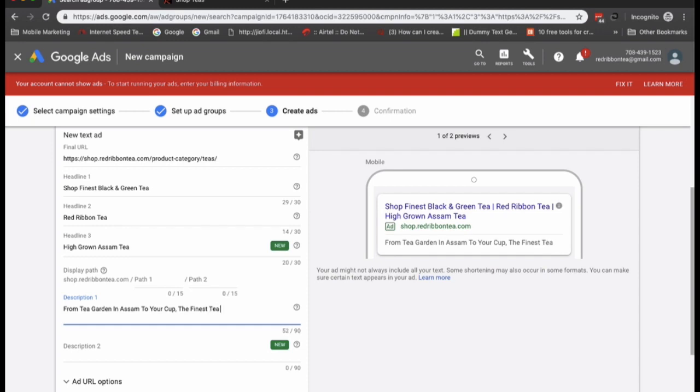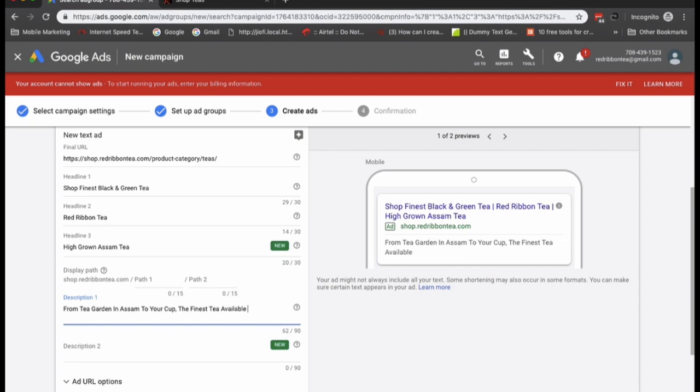So I'm going to continue to edit till I fit in the headlines and the description. Please bear with me. So I'm just going to finish the description here. Another interesting part of the screen is the right pane, where you can see the preview of the ad, how it might show up for 2 headlines and also for 3 headlines. So I'm going to continue to edit. I'm going to add the description too.